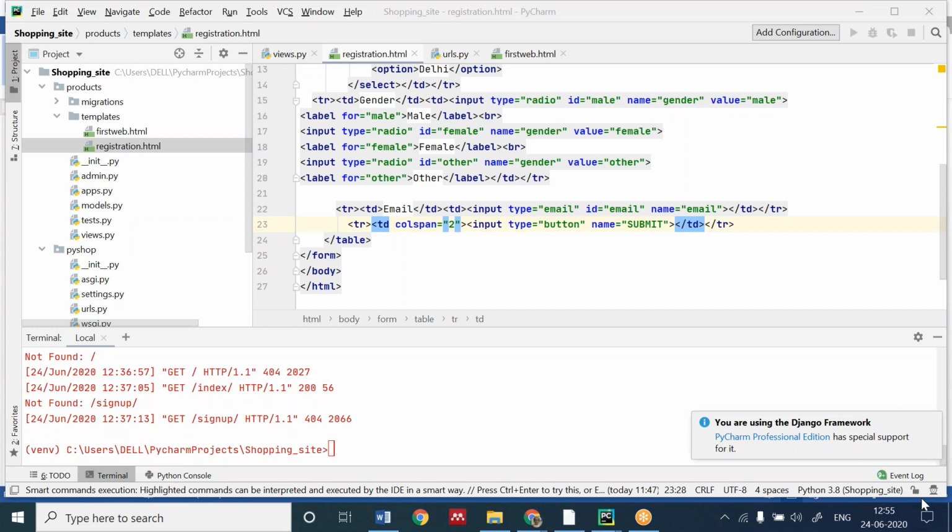Kashish, I think you are not able to listen to me. You asked, ma'am, please tell me about the project, and after that you are not replying. Might be you are not audible or you are not listening.